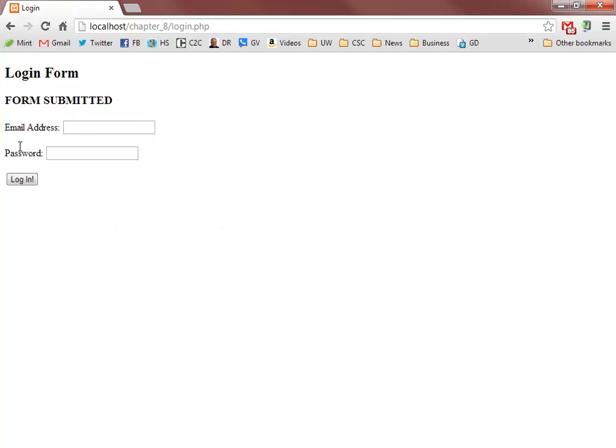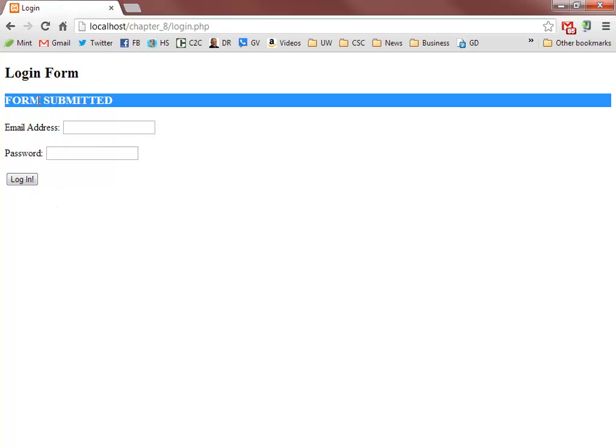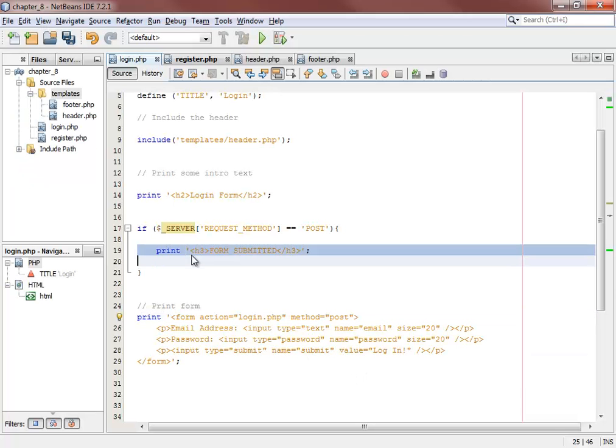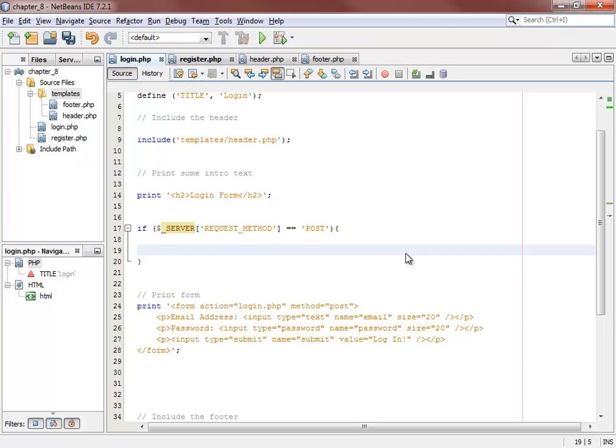Okay, so what I did is I put in some info and clicked login, and now I see where it says form submitted. So I know that my form is being submitted and it's starting to be processed. So here's what we want to do. I want to go ahead and delete this line that I just created where it says form submitted, and first off, I want to see if my